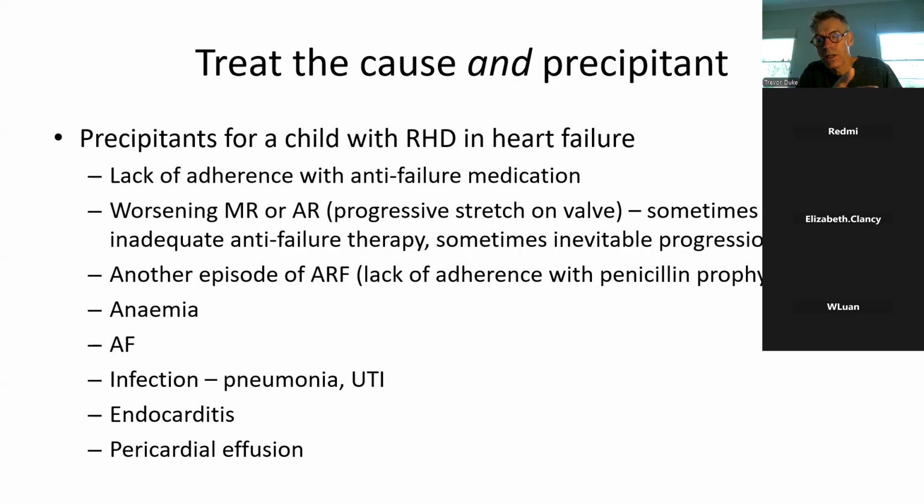And sometimes it's just worsening of their mitral regurg or their aortic regurg because of inadequate anti-failure treatment. They were either not put on enough in the first place, or they have gone off it. And sometimes, of course, it's an inevitable progression of their valvular heart disease, but often there are other precipitants, and they include anemia. If a child's hemoglobin drops from 11 grams per deciliter to 7, then they will go into heart failure if they've got